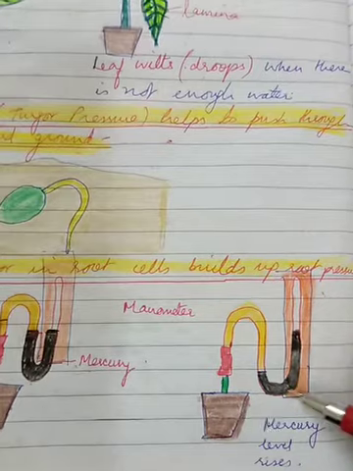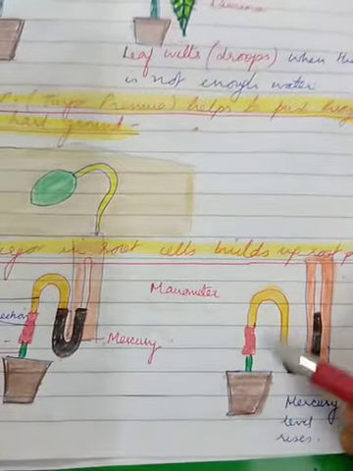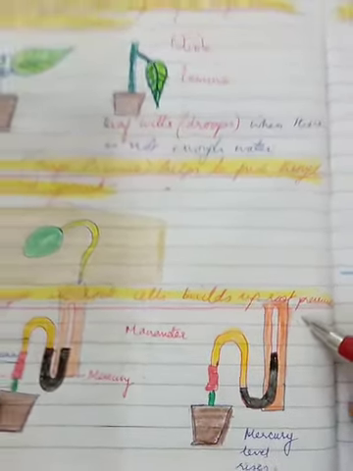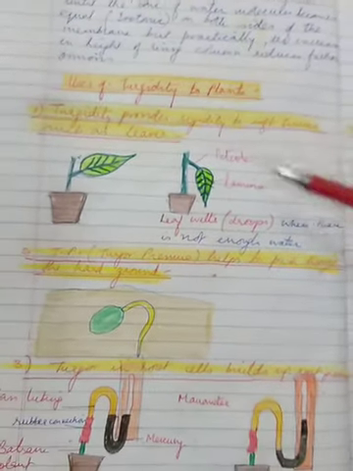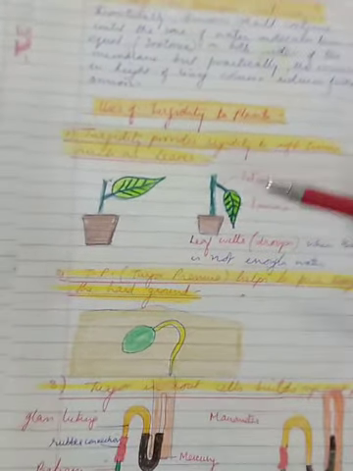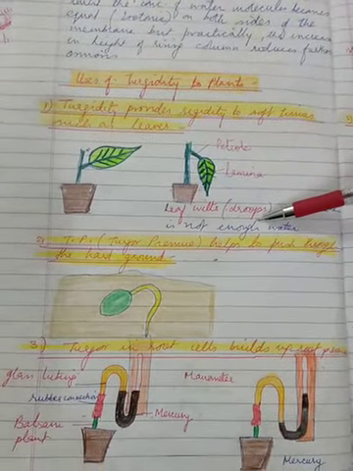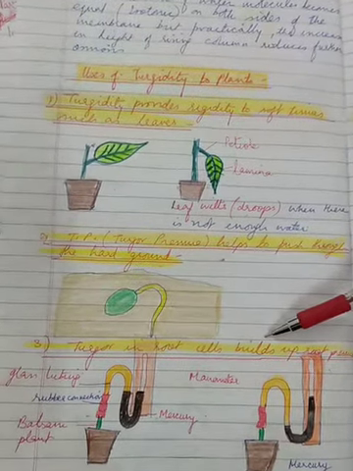So the mercury level rises in this direction, indicating that there is some push or pressure, and the same pressure is what you call root pressure. So who's responsible for root pressure? The same turgidity. So three things we saw just now. Turgidity was important for the soft tissues, then it was important to push through the hard ground, and it also builds up a root pressure.